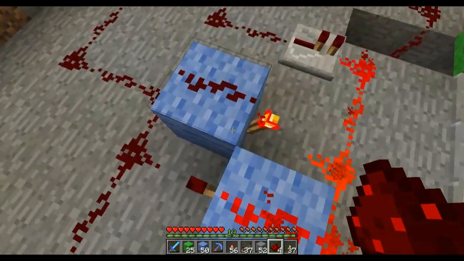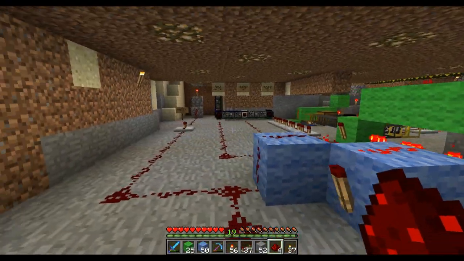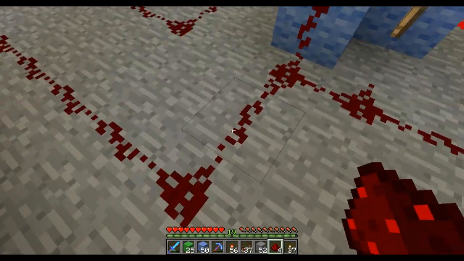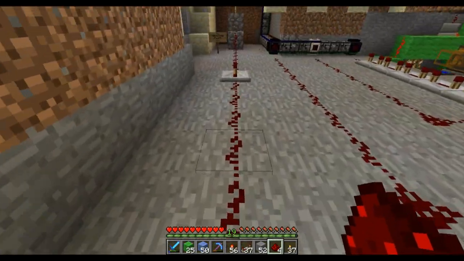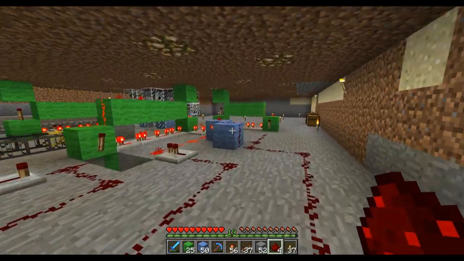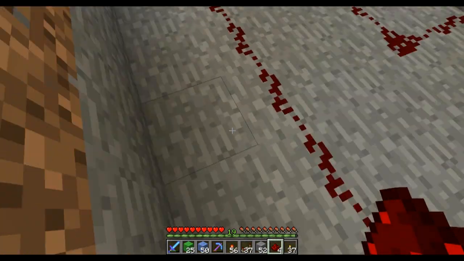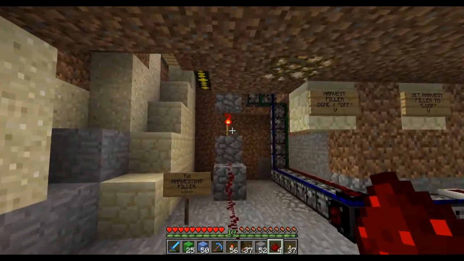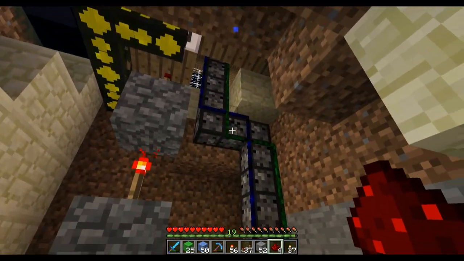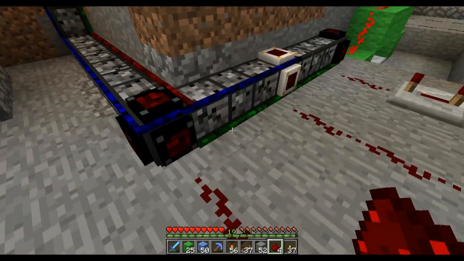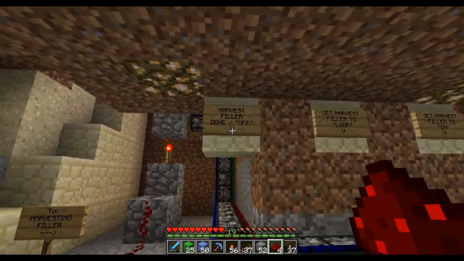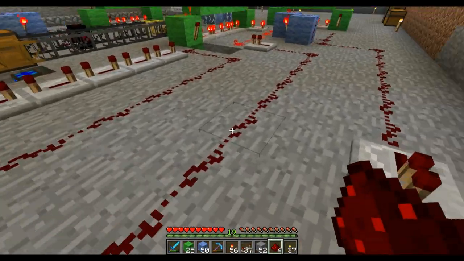Here is the RS NOR latch for the harvest section. The set line is right here, and this is also Q1, set and Q1 together. This goes all the way to the harvesting filler, so when we finish growing, it gets stuck into this harvest filler stage. At that point, the harvest filler does its thing, and once it completes, it realizes it's done and sends a redstone signal down here, because this is when it's in the off state. It sends a signal